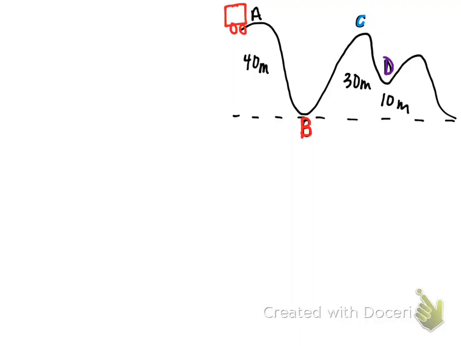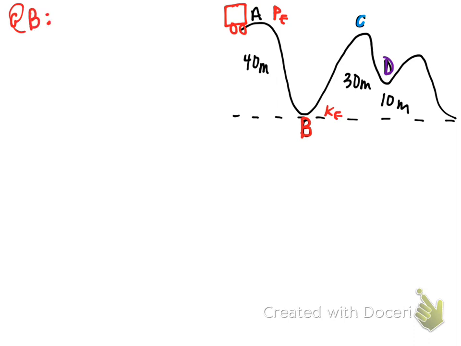Okay, so we're starting at point A from rest. So at point A, what type of energy do we have? All potential. At point B, what do we have? Kinetic, potential, or both? Only kinetic. Good. So at B,